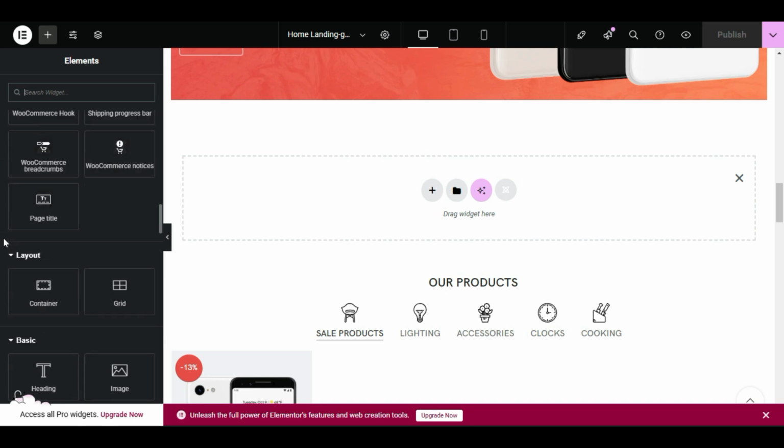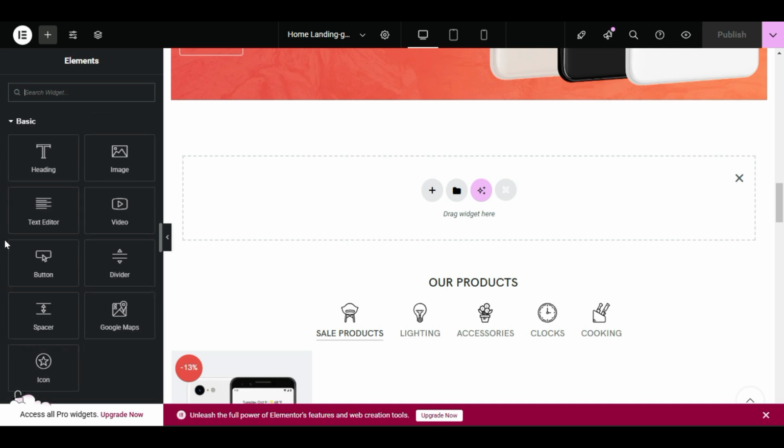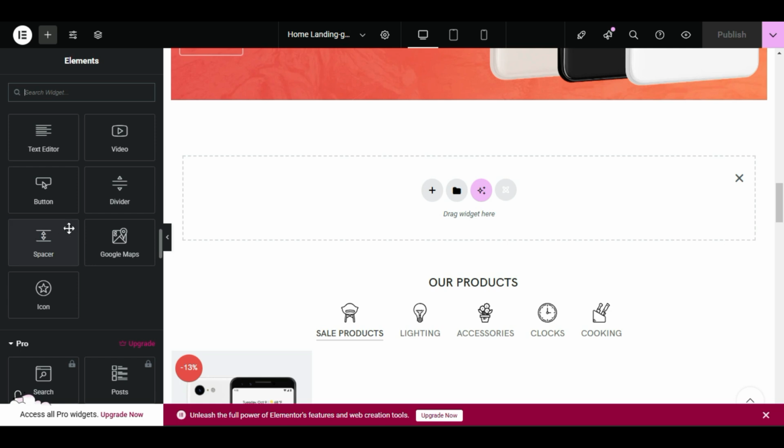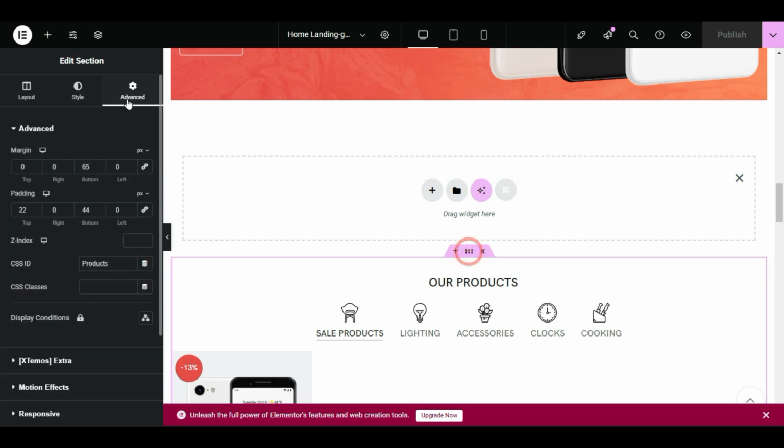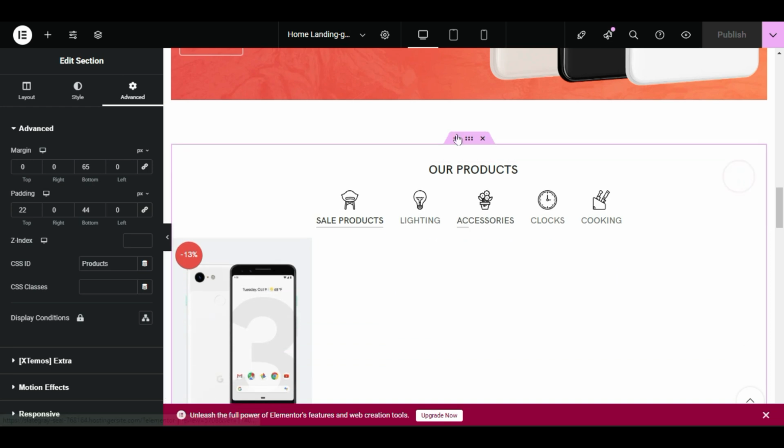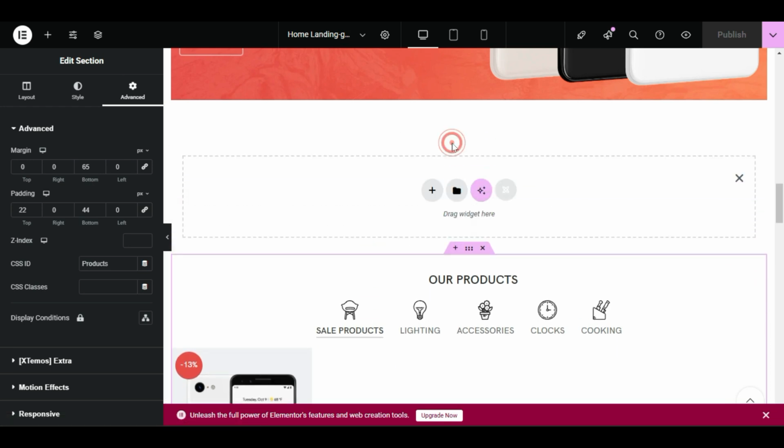Keep scrolling down, you will find a spacer here, or yeah, you can use a spacer. If you are confused about adding padding in the advanced padding or margin, you can simply use this tool. Just where you want to give space, for example above our product, first click on add section and